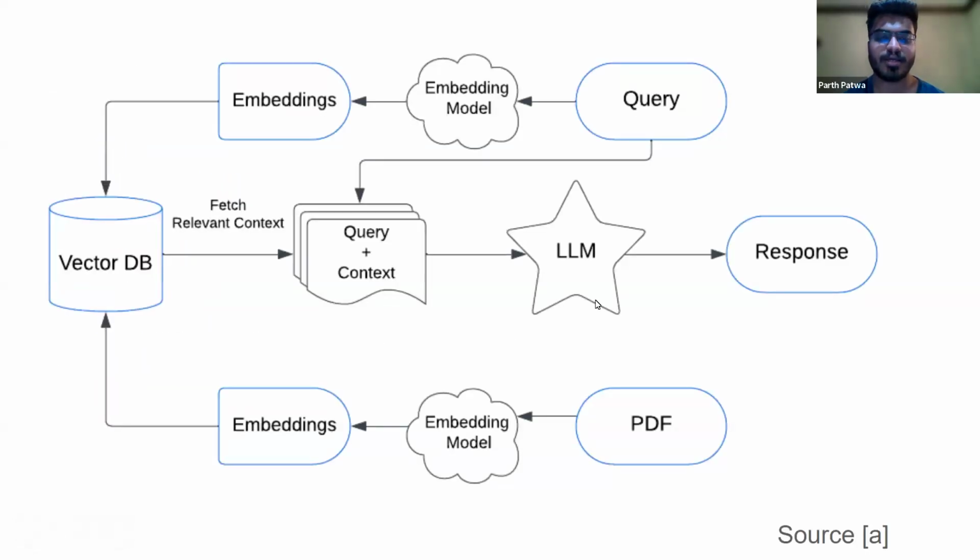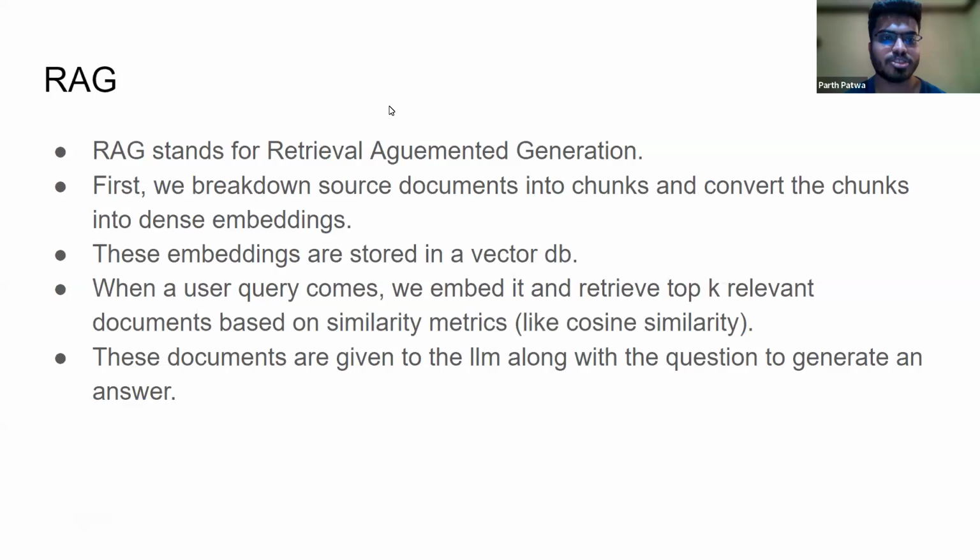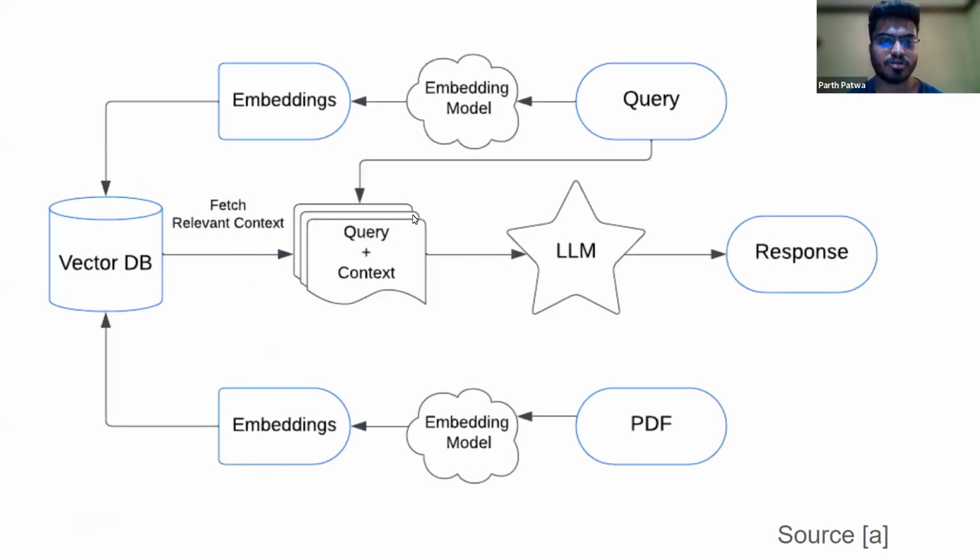So what is RAG? RAG stands for Retrieval Augmented Generation. If we have an LLM, and if the question is who is the current president of the United States, but if the LLM was trained maybe on data which ends 10 years back, then the LLM will give us the wrong answer. And LLMs also hallucinate. They sometimes make up answers and provide incorrect facts. So what RAG does is it ensures that the LLM has the most recent knowledge